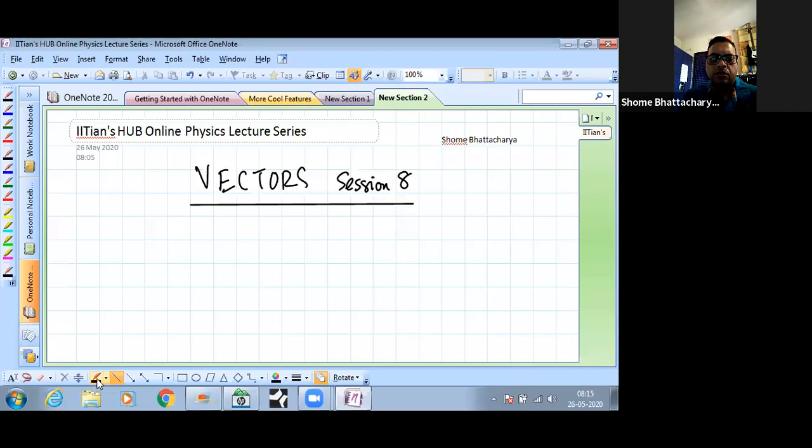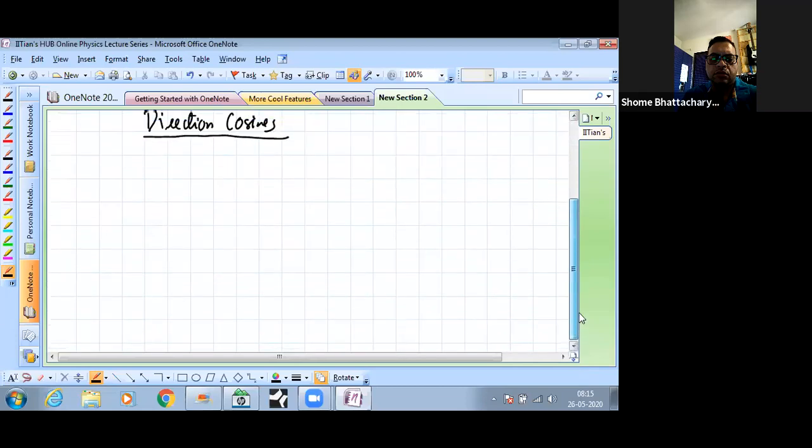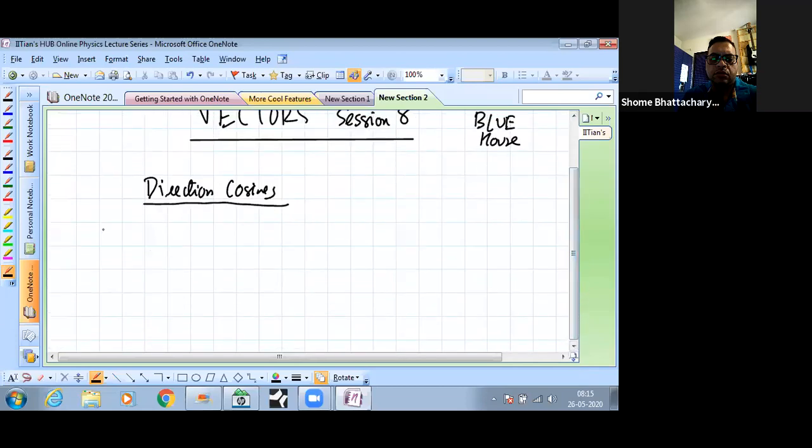Yeah, so let's quickly look at the important concepts we saw last time. Let's go over them quickly. So first of all, we saw that for a given vector, we have something called direction cosines, which are the angles made with respect to the x, y, and z axis. We saw that for any given vector with three-dimensional components,